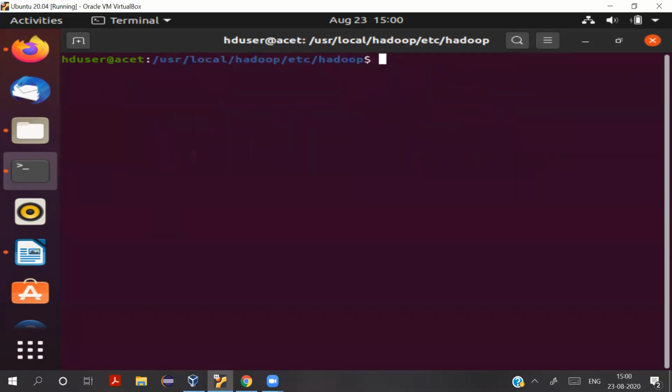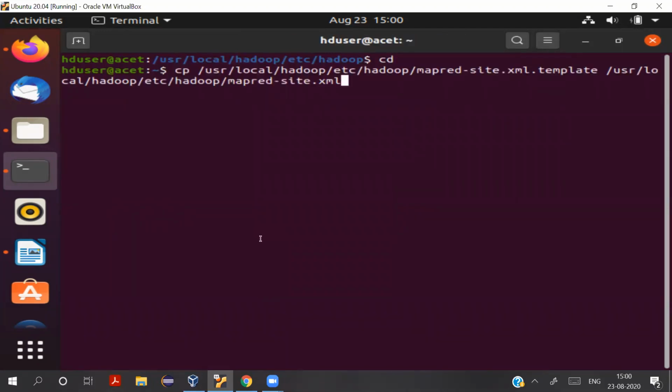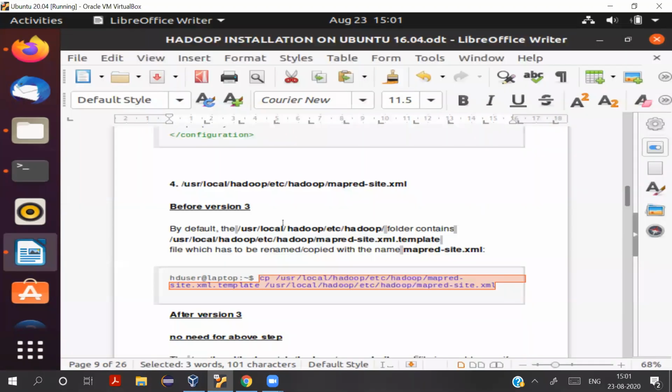So let's see if we can do it all right. Let's just paste this. Yeah, so it is done now. So no problems for this. We have renamed the mapred-site.xml.template to mapred-site.xml. Now we'll open this file and write the configurations there.